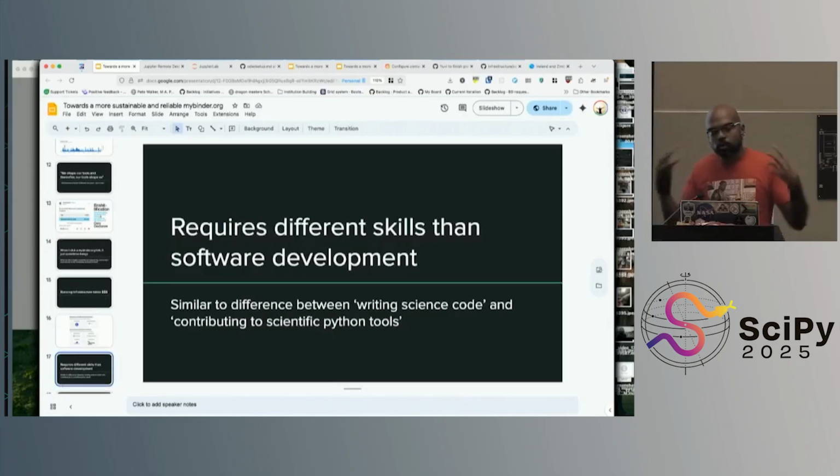The other thing is that it requires different skill sets than just software development, right? The same way using NumPy requires different skill sets from contributing to NumPy, which can be learned, right? There's always a clear pathway. So does running infrastructure. We've been developing software, based on how you count it, for 80 years, but we've been running internet scale, large scale infrastructure in this fashion for maybe 30.